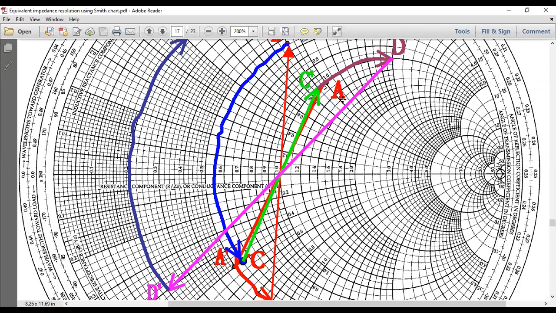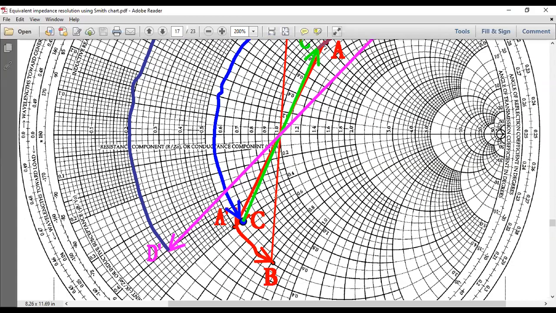How? Now you know the rounder. Take the rounder, put it at the origin and mark it at A, then make it in the opposite direction and mark it at A dash. So you will get this point, the other point here. This point is A dash. So what have you converted? Impedance into admittance. A dash is nothing but the admittance.